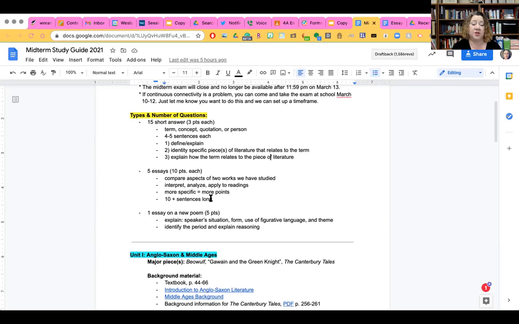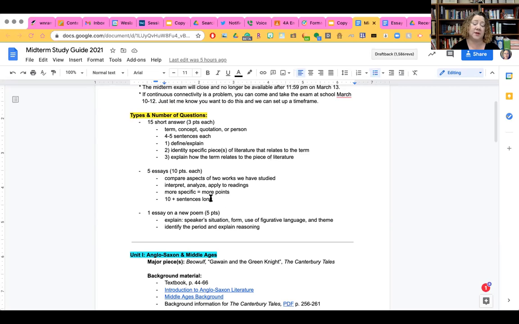And if that's your question, then if you can only speak generally about those two works and you can't say when Beowulf goes to defeat the dragon, and he does this and that and the other thing, and you can point out exactly what happens in that text, then it's going to be a low score. The more you can talk about the nuances and the little details that are in the text, the better the score will be as you apply those things. For obvious reasons, the whole point of the midterm is to demonstrate that you've read and internalized the material.